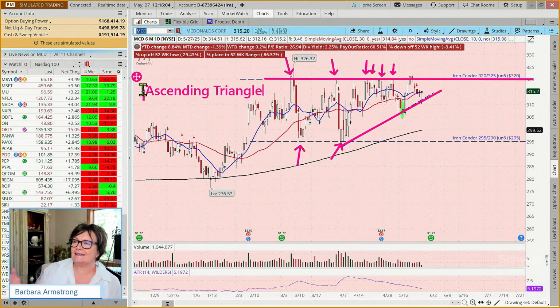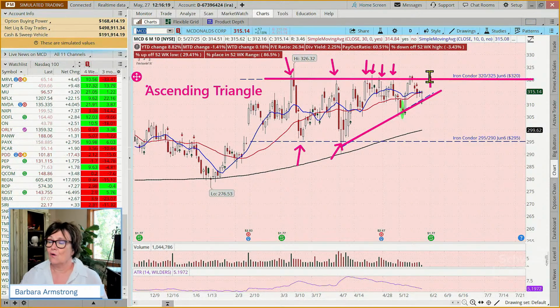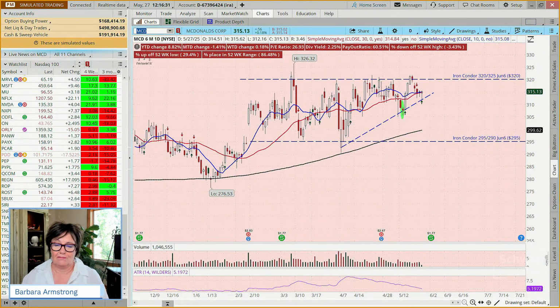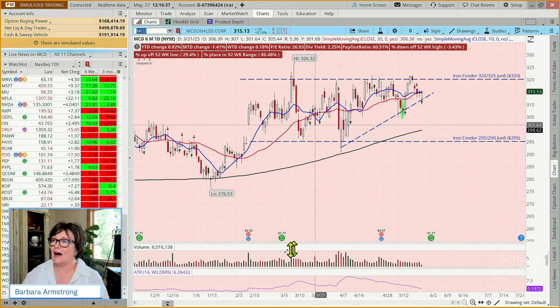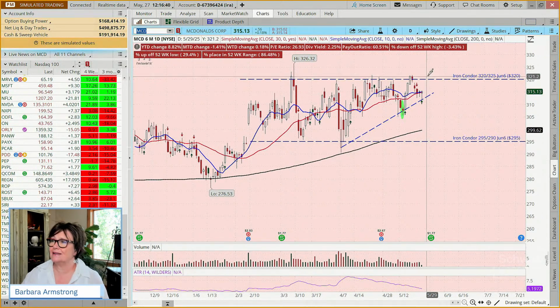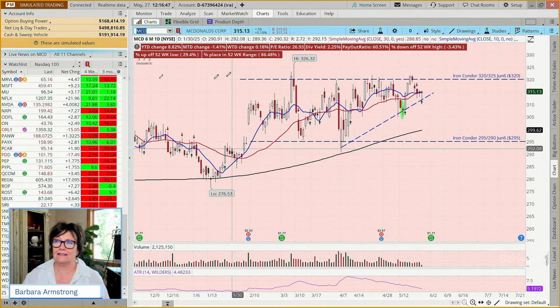But if you said, well, I see this as an opportunity because it's come down here to this support level and it looks like it's bouncing again, what might a trader do? Well, you could buy shares and say, when it gets back up to 320, I'm going to sell. Or you could say, I'm going to buy a call, and when it gets back up to 320, you would sell. Those are possibilities that a trader might consider. Or a trader might say, I'm going to wait to see if it comes up here and breaks out and comes back and retests and then takes off, then I'll place a trade.